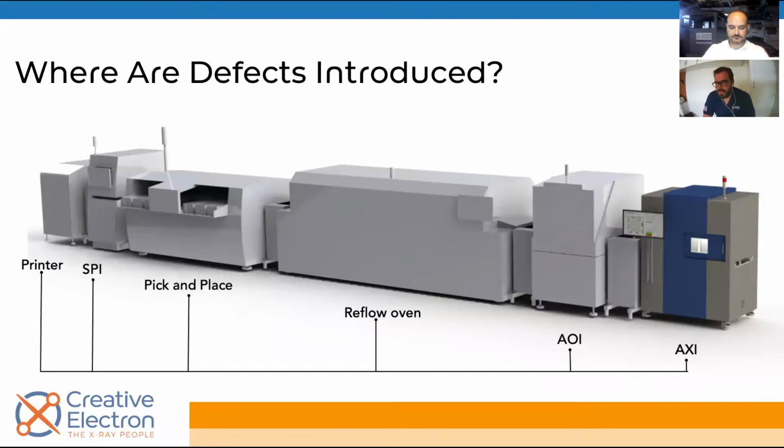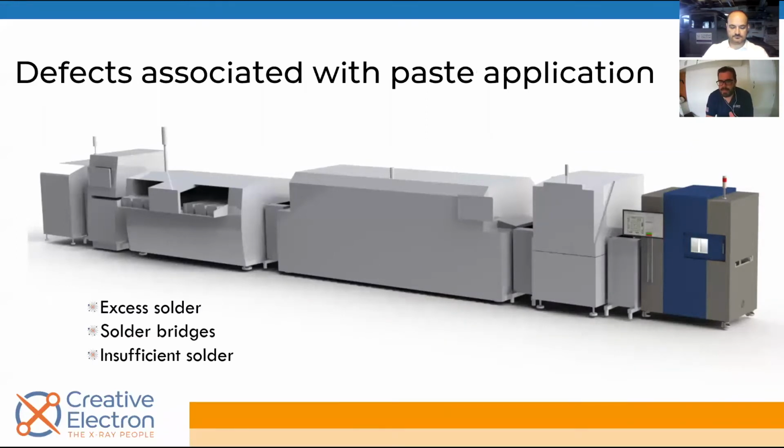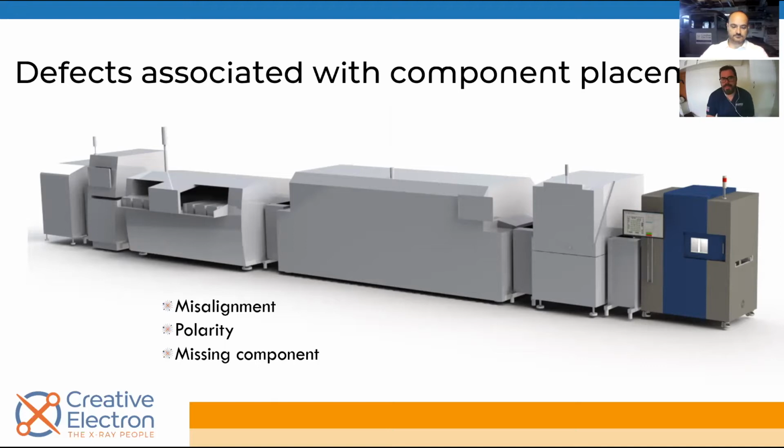So here's a traditional SMT production line. You have every single step of the process, and every single step can introduce some sort of defect. First, defects associated with solder paste. You can have excess solder, solder bridges, and insufficient solder, so basically shorts and opens. Then you go into component placement. You can have polarity issues, missing components, misalignment, all sorts of issues that some of them can be caught on an AOI system, but talking about BTCs,